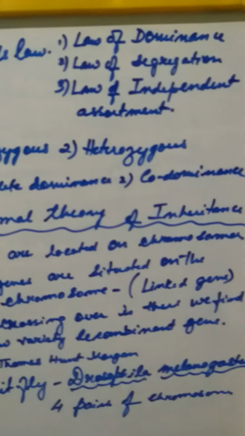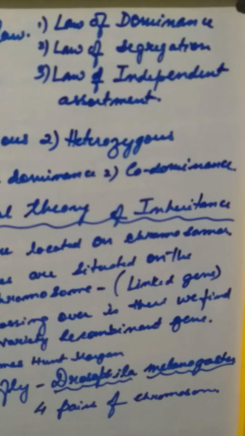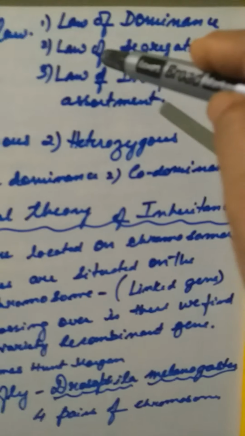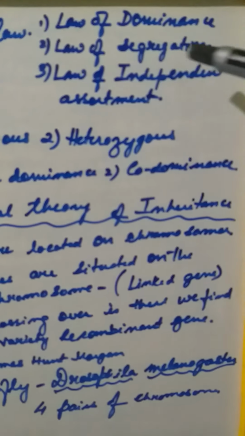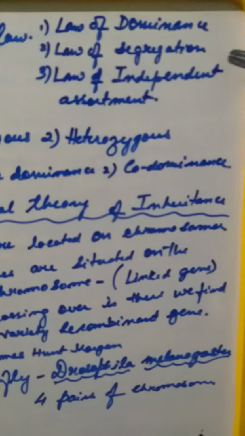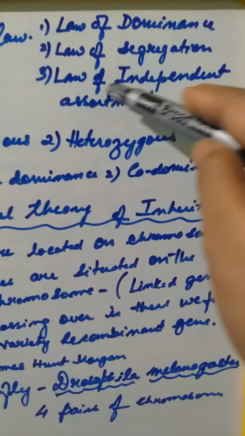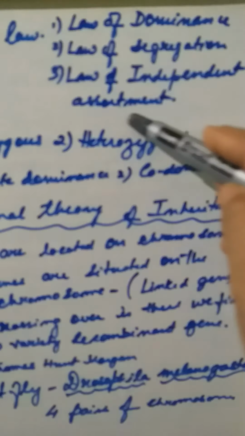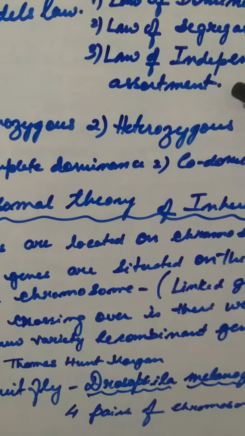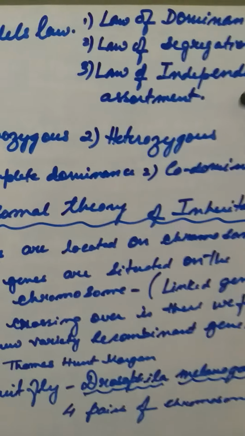Now what is the law of dominance? As you had seen, if two traits are considered, the one that is repeatedly seen phenotypically or genotypically in the progeny is known as the dominant. Segregation means that during gamete formation, all the alleles segregate. And independent assortment means whatever gets segregated is recovered at the end of the generation. So these are the basic three laws.